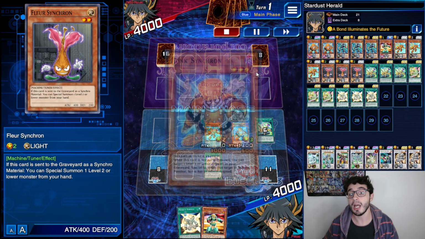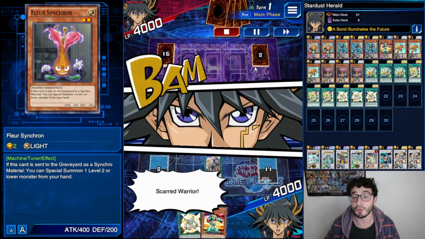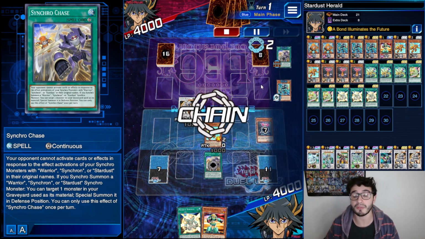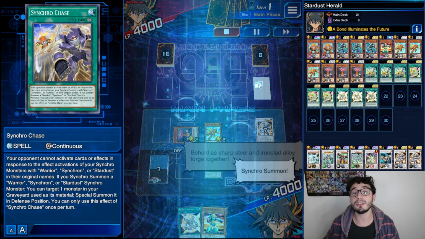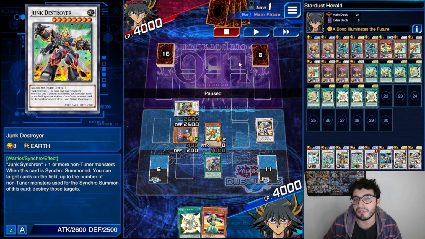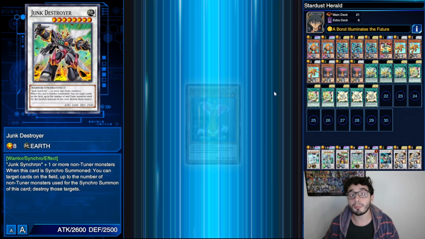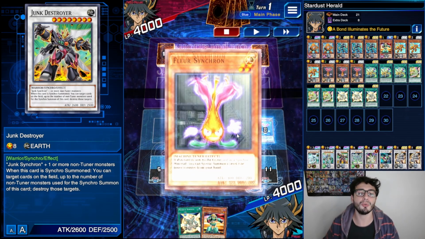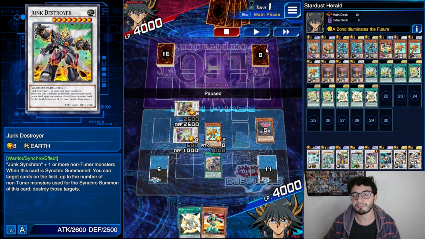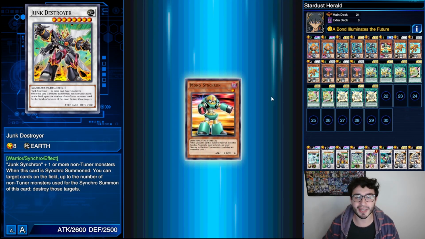Let's repeat this again. Carrier into Junk Synchron into Junk Converter, first Synchro Summon into Scarred Warrior. You activate the effect of Synchro Chase and Junk Converter, so you get back the Junk Synchron and the Flare Synchron. Then first you go into Junk Destroyer, not to pop, so you want to say no to the effect of Junk Destroyer here because you have nothing to pop, but you can use the effect of Synchron Carrier to summon that token. Then token plus Flare Synchron into Herald of the Arclight. When you use Flare Synchron as a material, you can use either the Synchron Carrier or the token, it doesn't matter. Effect of Flare Synchron to summon the Mono Synchron, so then what's left between Carrier and the token